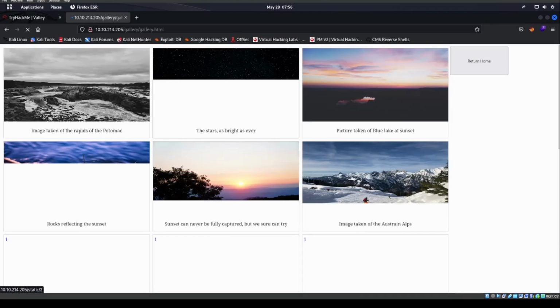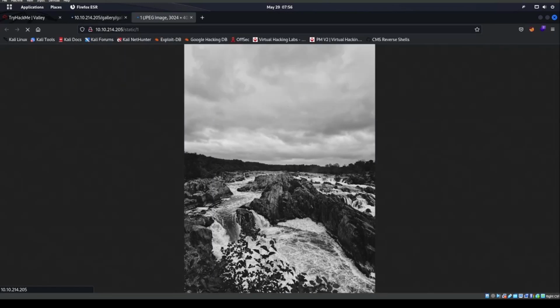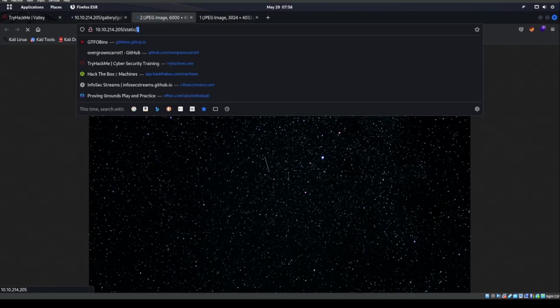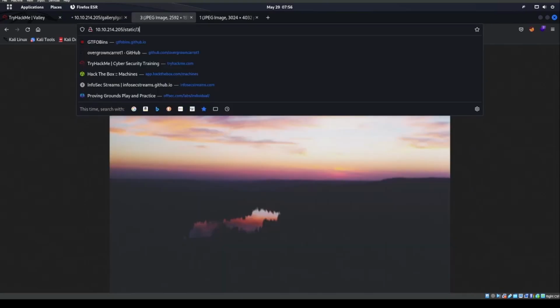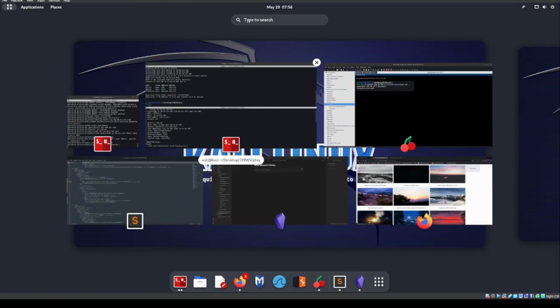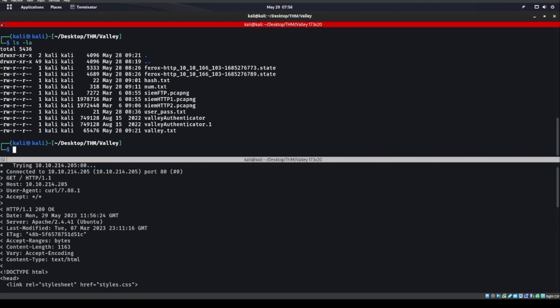Now when I clicked on this, the very first thing that I noticed was static 1, right? And then static 2, so if I click on 3, and then when I tried it with 0, nothing came back. So I thought, okay, let's go ahead and make a file, right? So I made a file,